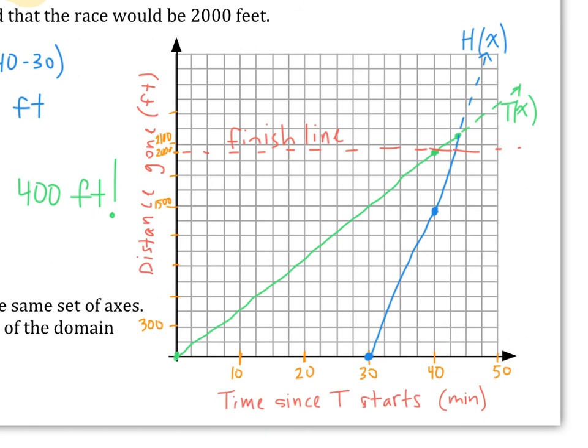Okay, so do you have all of the pieces for the graph? Did you label your x-axis? Time since the tortoise starts in minutes. Labeling your y-axis, distance gone in feet. And then did you draw and plot some important points? So for our tortoise, we start at 0, 0. We end the race at 40, 2,000. All right, and then we meet with the hare at this 43 and about